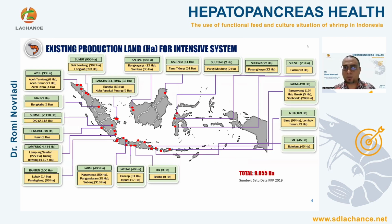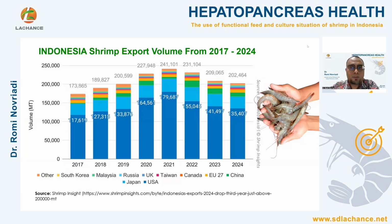For the intensive farming system, because this is the essential type of farming system in Indonesia, we have around 9,055 hectares, mostly concentrated in Sumatra, Java, and also in Sulawesi. So, from this overview, I think you know about the production system for the shrimp in Indonesia. But if we are talking about the export volume from 2017 until 2024,